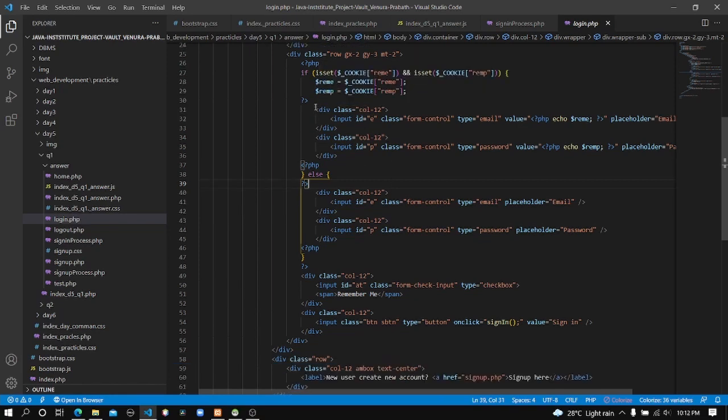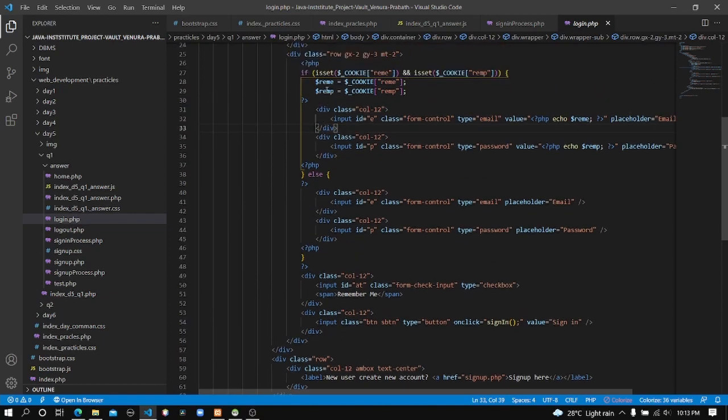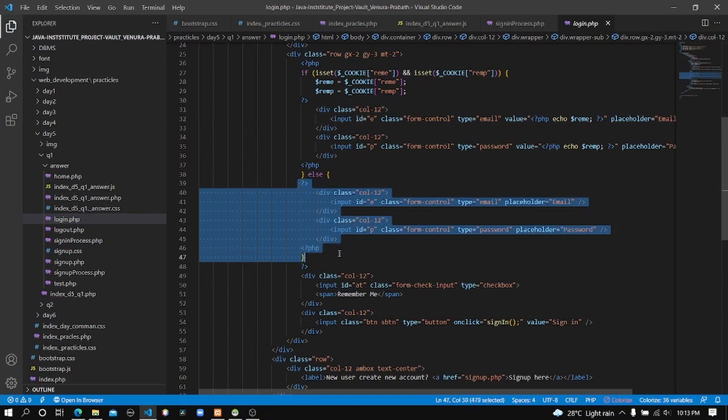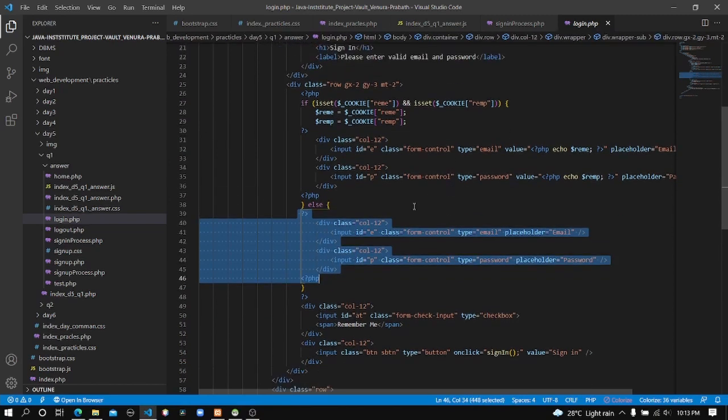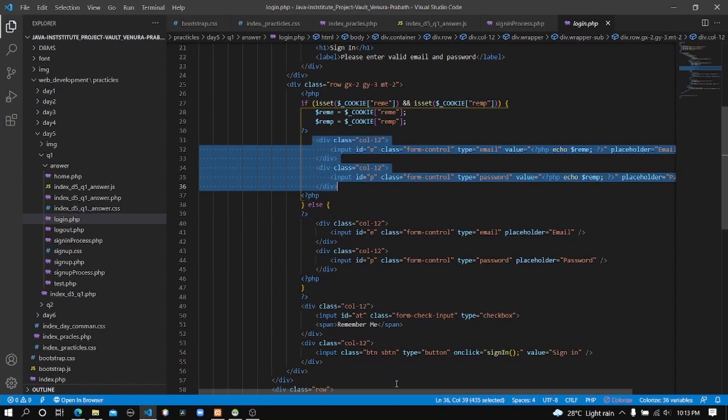And after that, these are the input fields which will be created if he or she has email and password already stored in his or her browser, and if he or she didn't check the remember me function, so there can't be two cookies called REME and REMP, so it will execute these code lines. Okay, you can see these are the regular input fields without any data, but in these input fields,